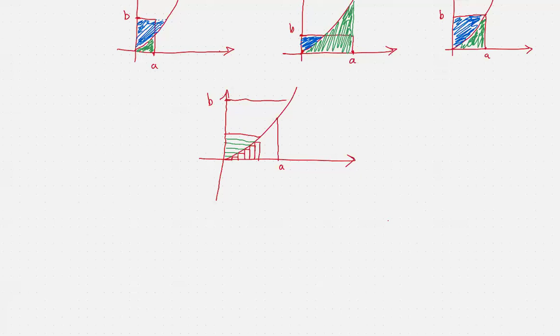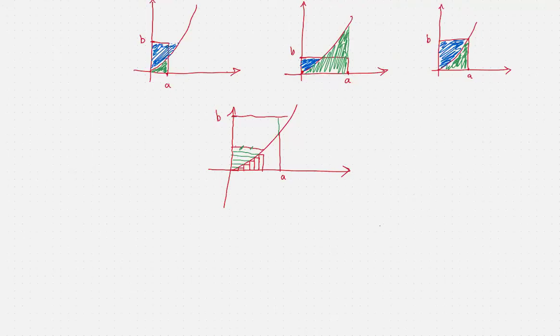So in other words, if we take Riemann sums for these two integrals, then those Riemann sums are completely going to cover the rectangle with dimensions A and B. And that is going to show that as the partitions get finer and finer,